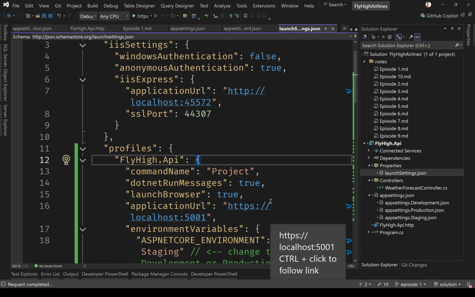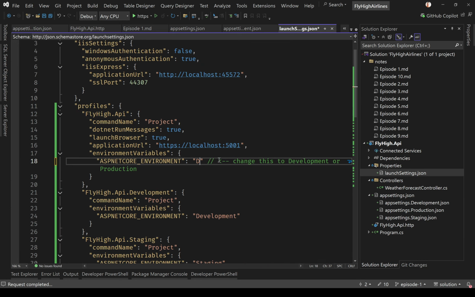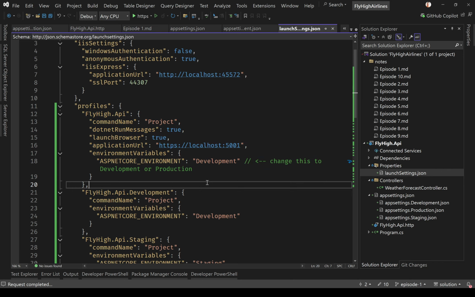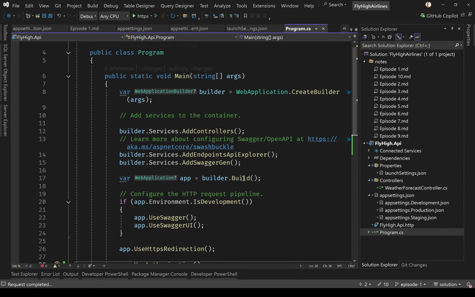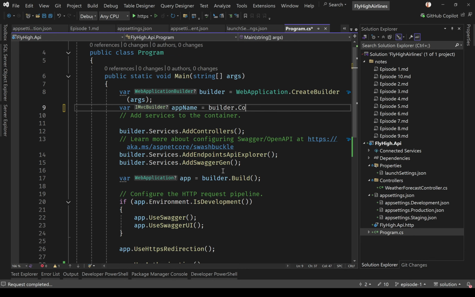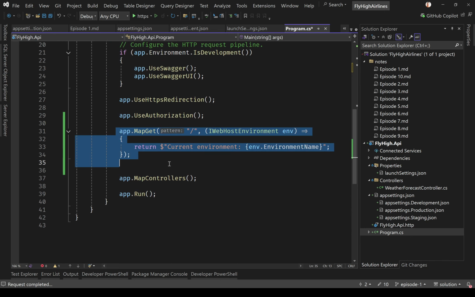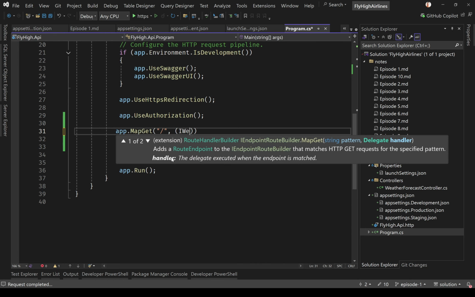So what I'm going to do is inside of the launch settings file, I'm going to change this to development, so that the first launch profile is going to use the development environment. And then I am going to go to my program.cs and write the code here. So let's create the app name variable, and then we can change this app map get endpoint to something like this,